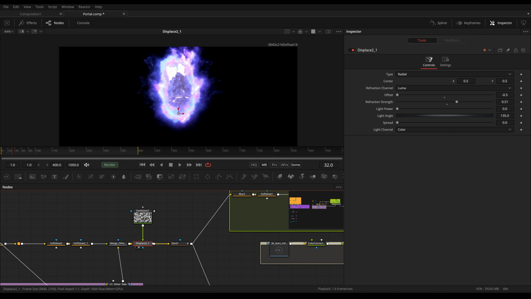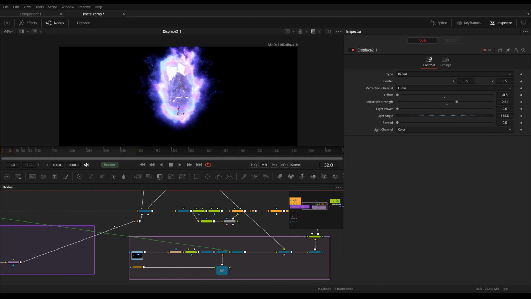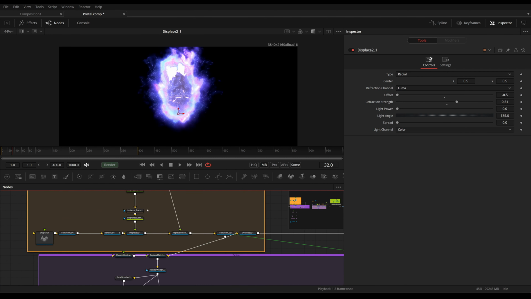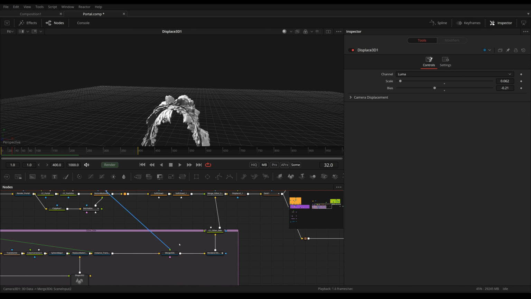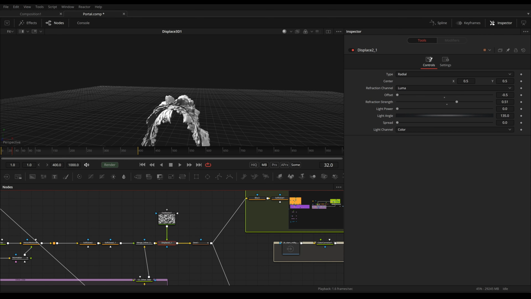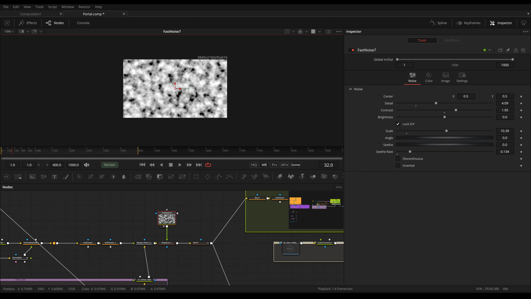Next, we have a displace, and this displace is essentially the 2D version of this displace 3D that we have right here, only that it's working on an image. And again, we are also using a fast noise for the displacement. And this time I've used not a square aspect ratio, but the same aspect ratio as our final render.